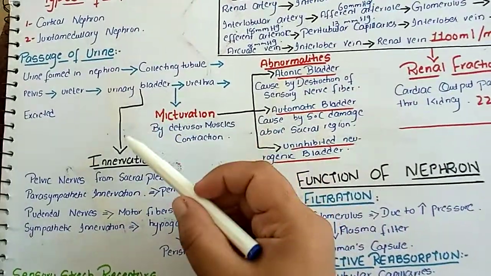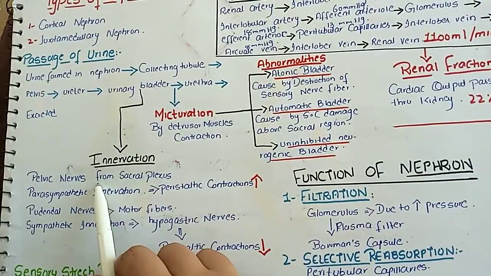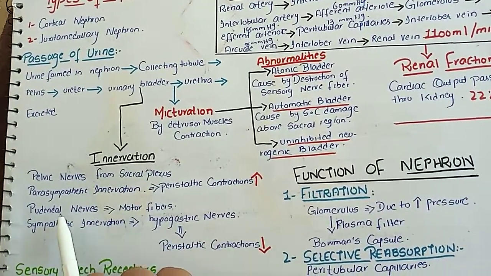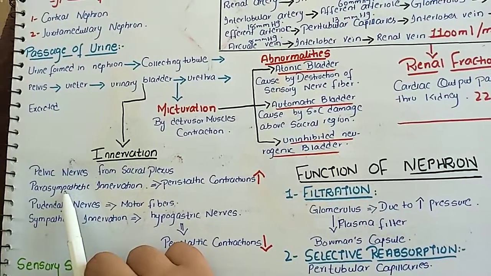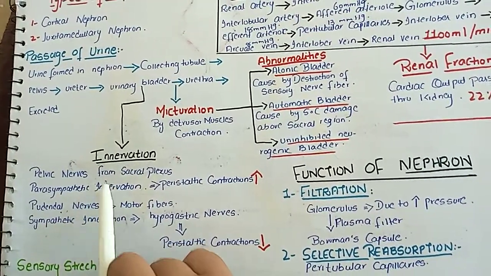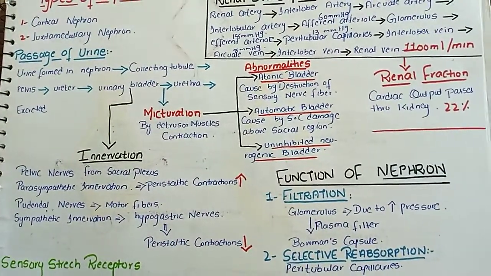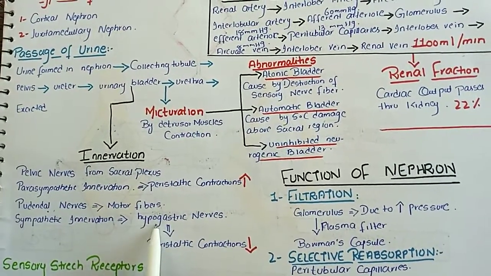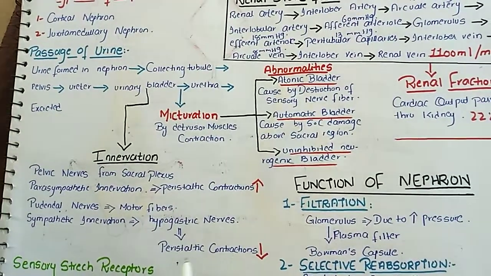Now I will explain the innervation of the urinary bladder. The sensory innervation of the urinary bladder is from the pelvic nerves, from the sacral plexus, and the motor innervation is from pudendal nerves. One is the parasympathetic innervation, which always acts to increase the peristaltic contraction of the bladder, and the sympathetic innervation, which is produced by the hypogastric nerves and always acts to decrease the peristaltic contraction of